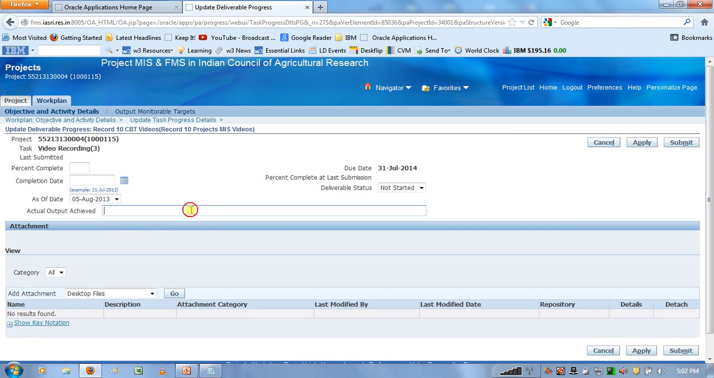Here you can mention the actual output achieved. Whatever you mention here will be printed in the RPP3 report output, which will be generated from the system. For example,